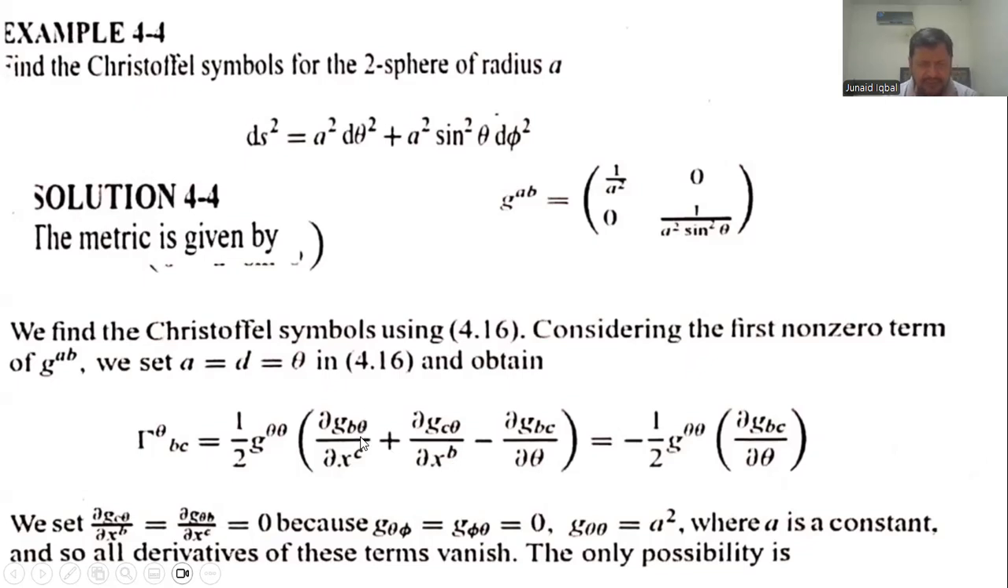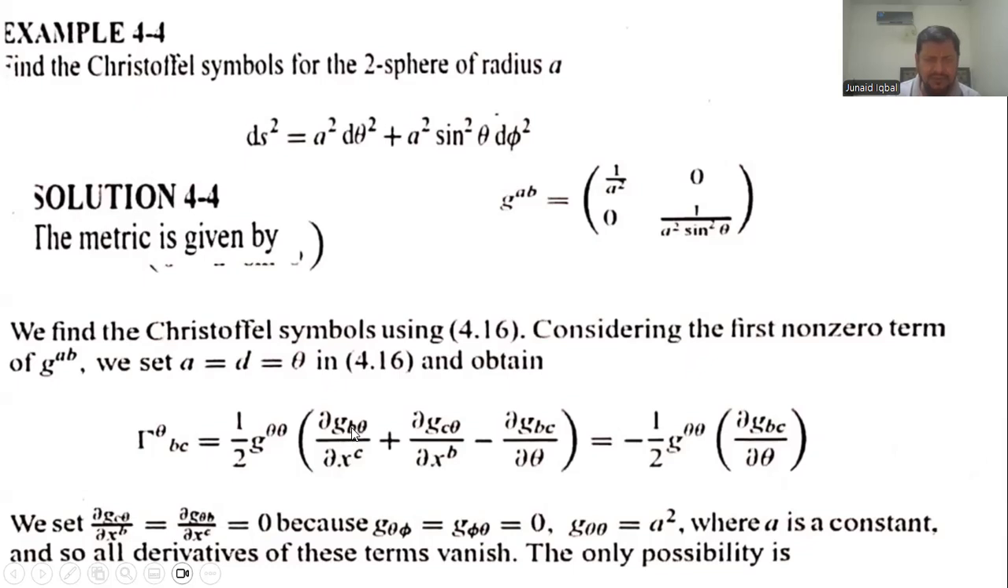Here you can see, since B and C can basically be any values, B can be theta, B can be phi, C can be theta or phi, so there are four possibilities. However, we know G sub theta is 0. For this term, if it is non-zero, then if B is theta,